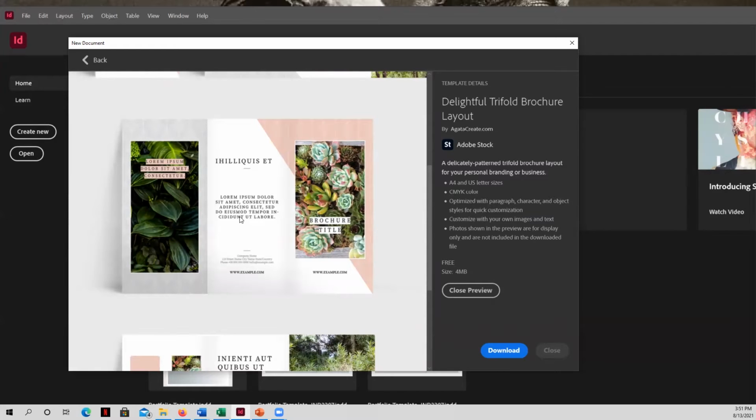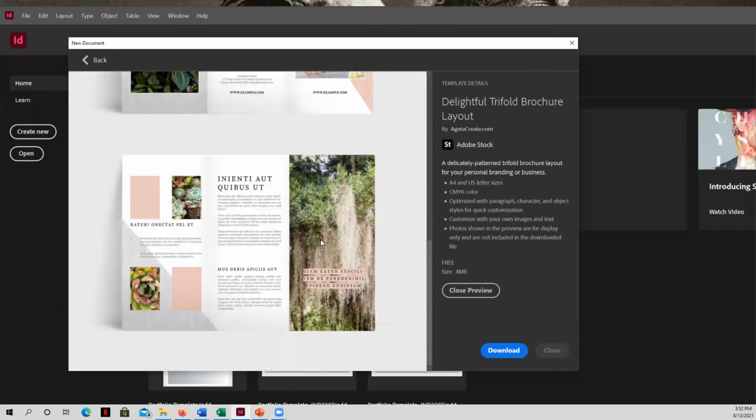Now, keep in mind here on these templates, there are some kind of placeholder text boxes that you can open and manipulate. And there's also placeholders for images here that once you download this will not be available to you. So again, this is just kind of showing general layout and things that you're going to want to look at and see if you like the color scheme, the font selection, and how images are laid out.